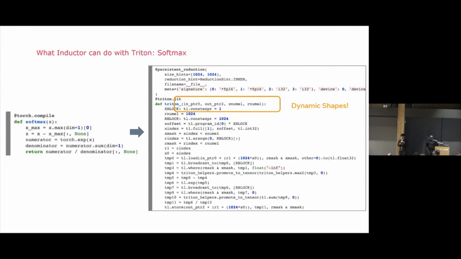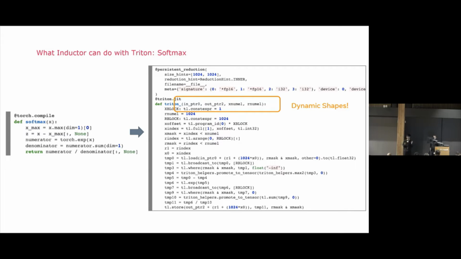Given that we're at the Triton conference, I thought people might appreciate a deeper dive into what exactly TorchInductor is doing with Triton IR, and what kind of things we're able to do and leverage Triton for when generating code. So if you guys remember,